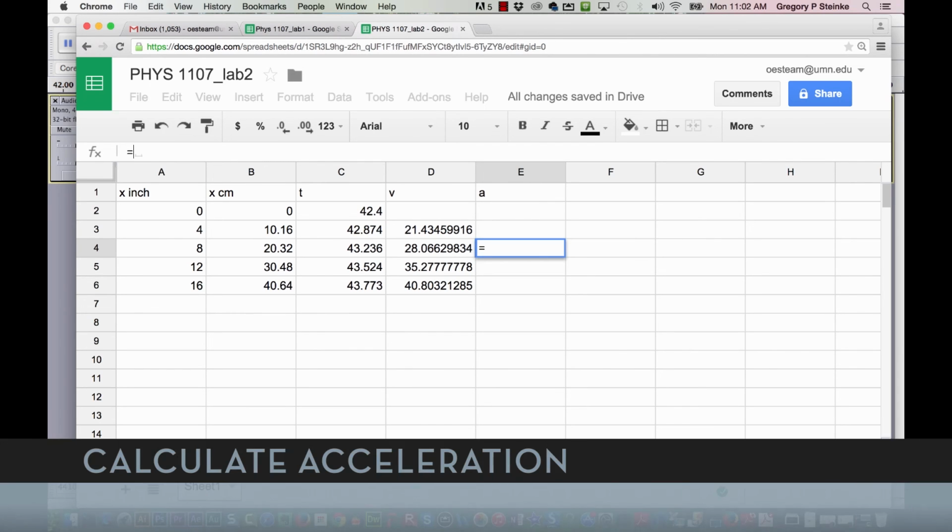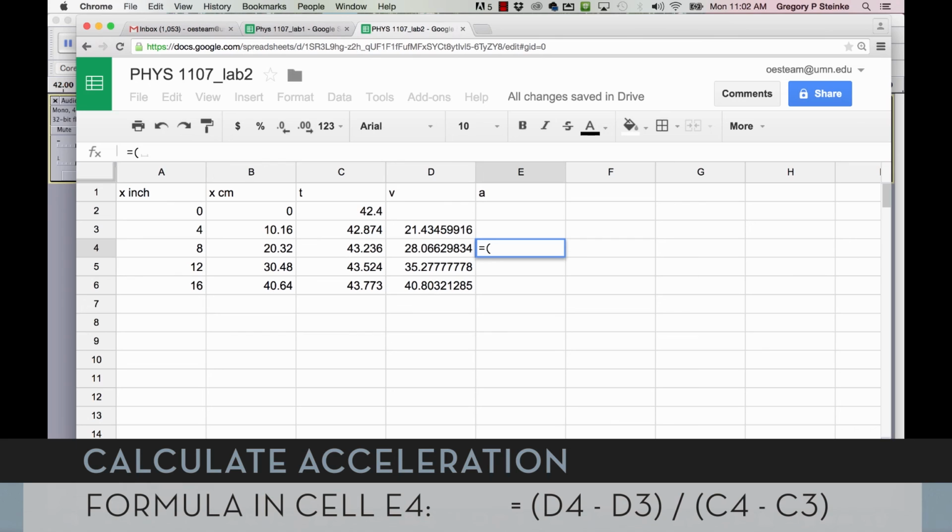We enter in our formula here, and it's equals open paren. I want the change in velocity, so I want this one minus the one above, in parentheses, and I take a divide, more parentheses, divided by the change in time, which is that minus the one above it there.